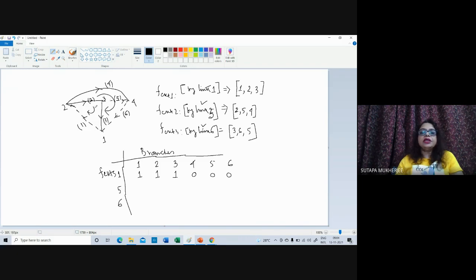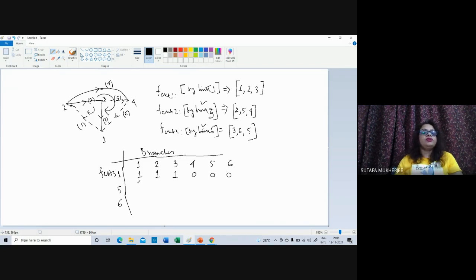And the direction of the loop current is this. So the directions are the same. Hence it is plus 1. Clear? Yes, ma'am. Now come to branch 3. The direction of the current is this and the direction of the loop current is this. Both are same. So this will be plus 1. And for the other branches 4, 5, 6, there is no connection to this loop. So 0, 0, 0 will be put over there.